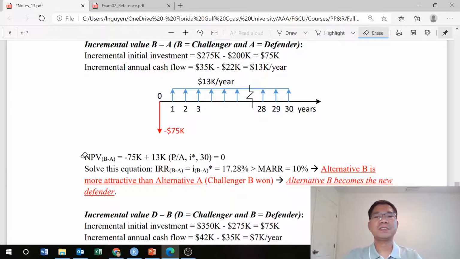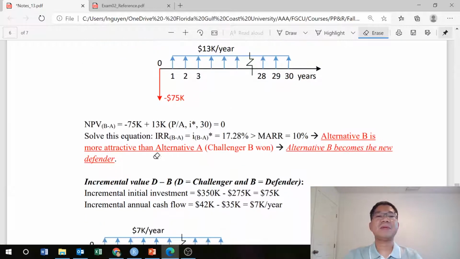Then it is similar to problem 2, and PV, not B, but B minus A. Keep that in mind, B minus A. So here, negative 75,000, 13,000, P over A, I star, 30. Same process, find the IRR of B minus A. This is not B, it is B minus A. Whether I put more money from A to B. Should I put 75,000 more to move from location A to location B? And I find that the IRR for that incremental value is